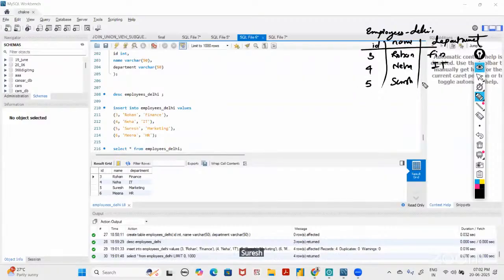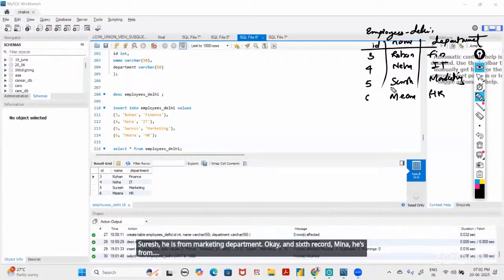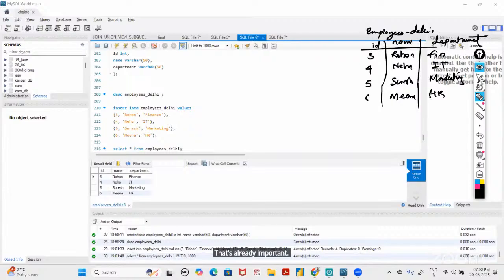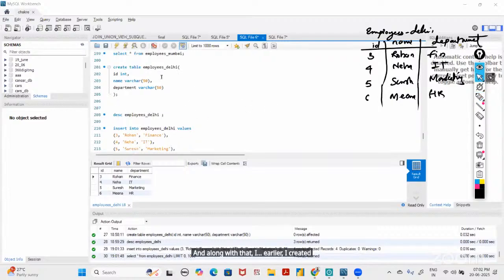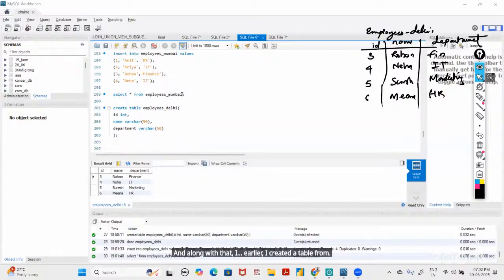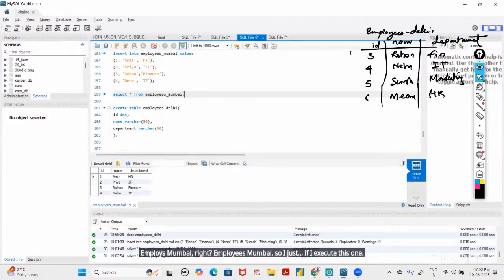Suresh, he is from marketing department. And the sixth record, Meena, she is from HR department. Along with that, earlier I created a table for employees Mumbai, right? Employees Mumbai. So if I execute this one for employees underscore Mumbai,